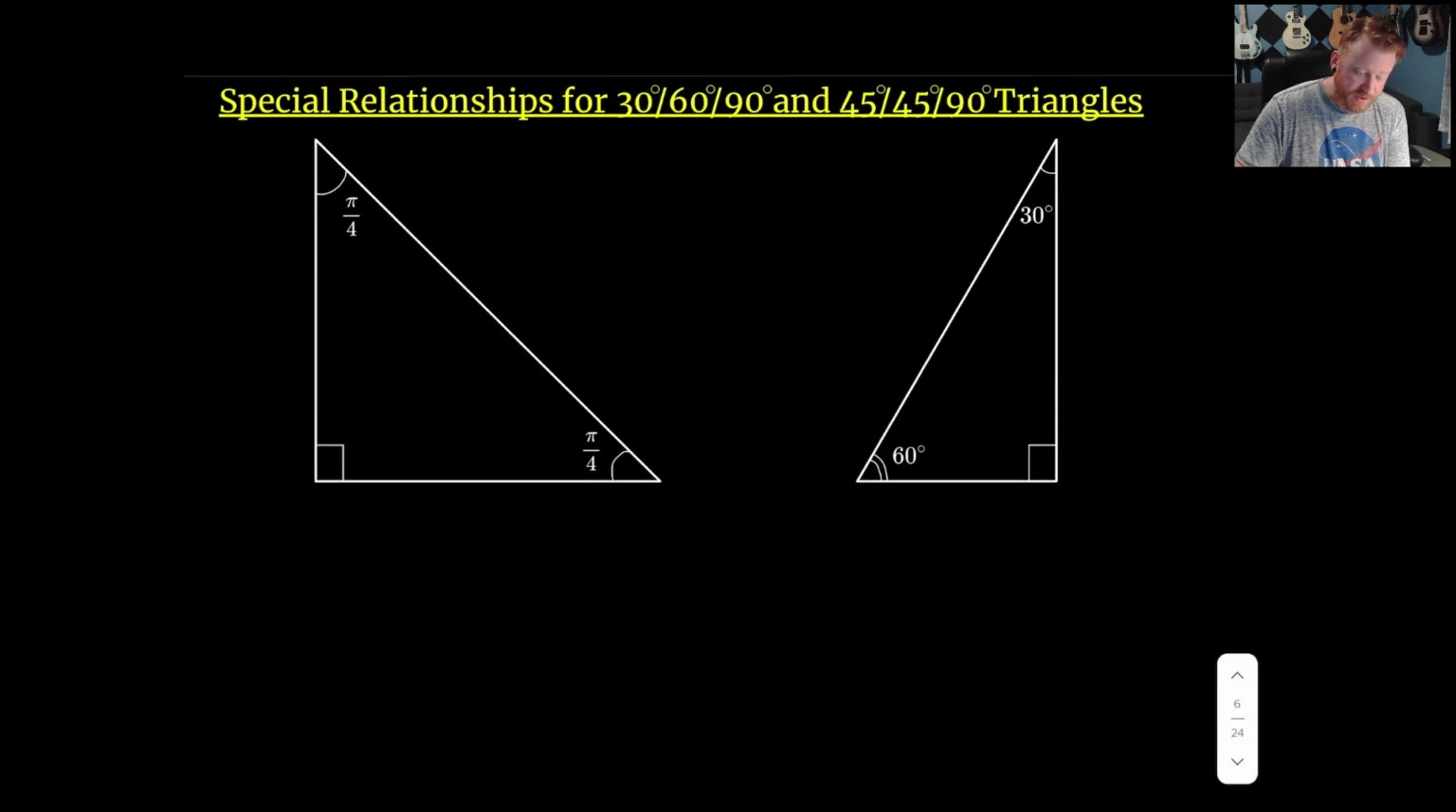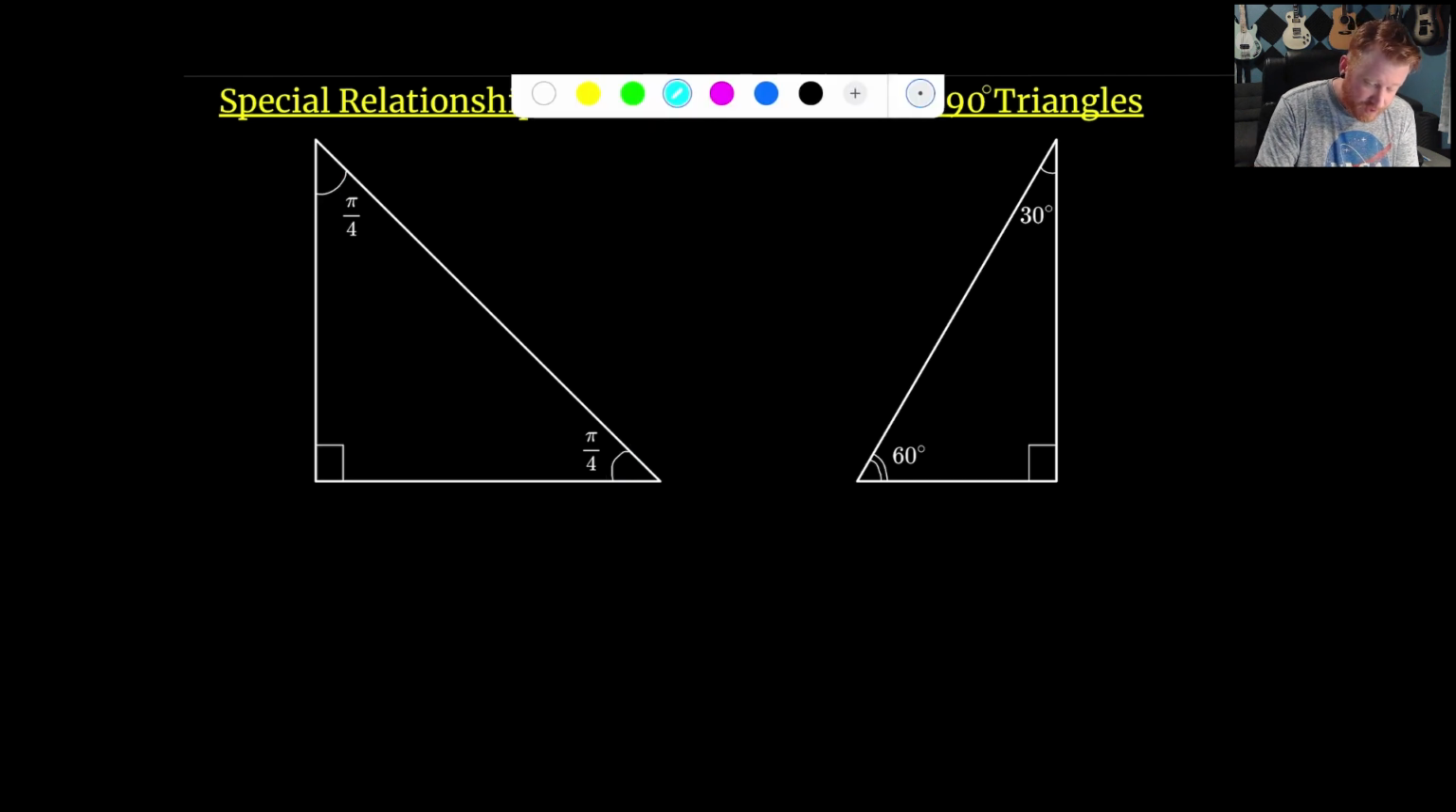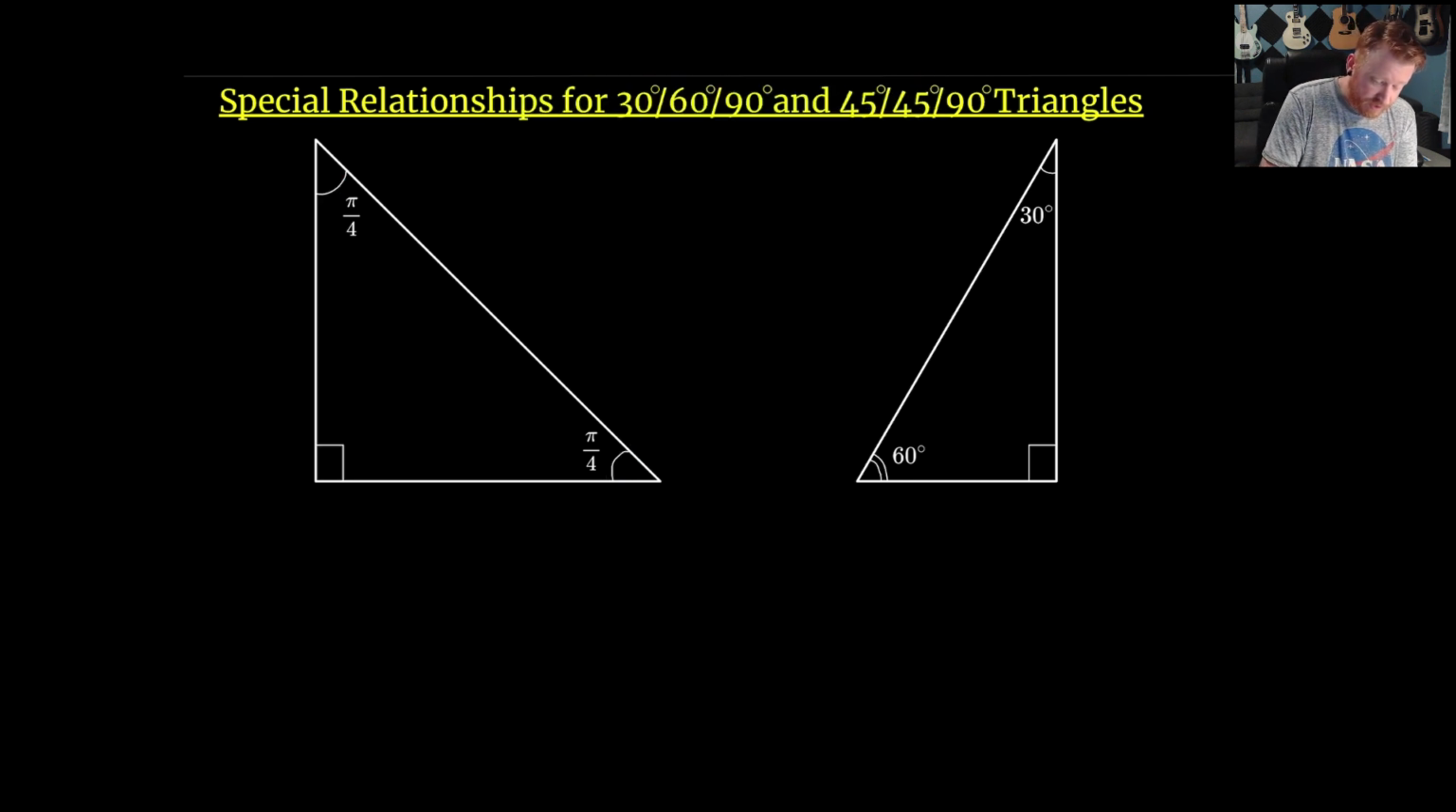All right, next we're going to look at these special relationships for the 30, 60, 90 and the 45, 45, 90 triangles. So remember that if we know one angle here, it's always going to be 90 degrees. And if this one over here is pi over 4, then we automatically get the other one over here also being pi over 4. So that means that we have an isosceles triangle here. If you think back to things that you learned in geometry, if you have a triangle that has 2 equal sides, and we know that the sides are equal because the angles opposite are equal,